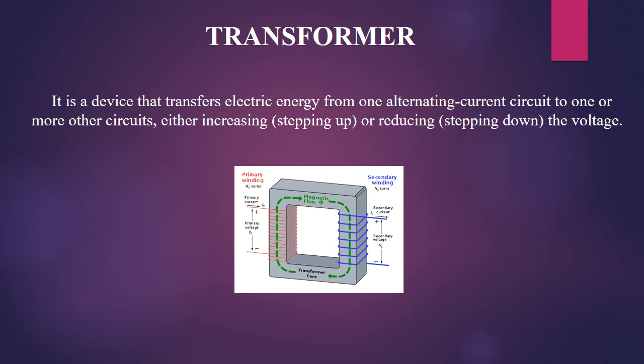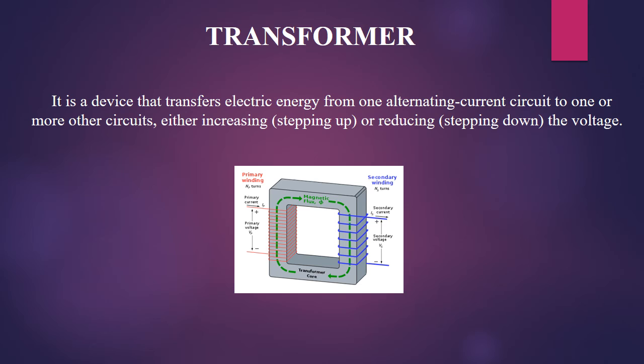The working principle of the transformer is that when the primary winding is connected to an AC source, an exciting current flows through the windings. So the current is alternating. It will produce an alternating flux in the core which will be linked by both the primary and secondary windings. So the induced EMF in the primary winding is almost equal to the applied voltage and will oppose the applied voltage. Thus the power is transferred from the primary to the secondary circuit by electromagnetic induction. The flux in the core will alternate at the same frequency as the frequency of the supply voltage. So the magnitude of the EMF induced in the secondary winding will depend upon its number of turns.